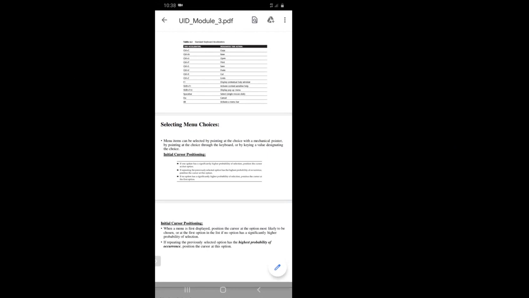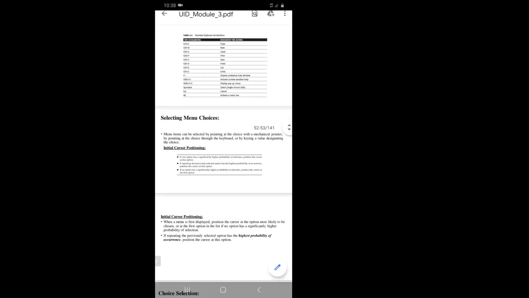Once you go to the desktop, you can move up and down to select any particular application. That is the second way of selecting a menu. Third is by keying values. Designated values are there, where function keys are there. If you press the function key, one menu will open. That is keying a value. We'll have a more detailed explanation in the next slides.